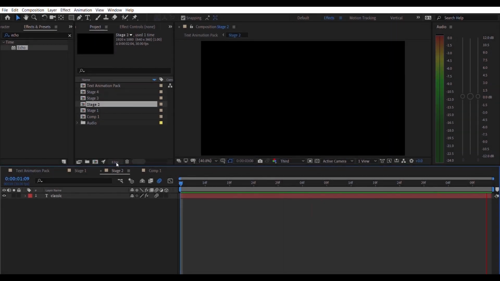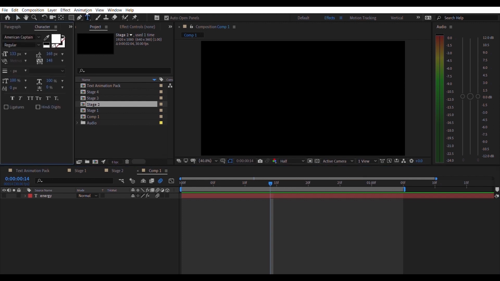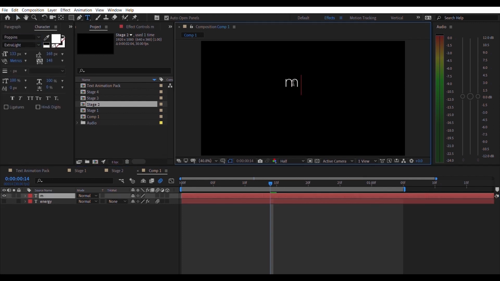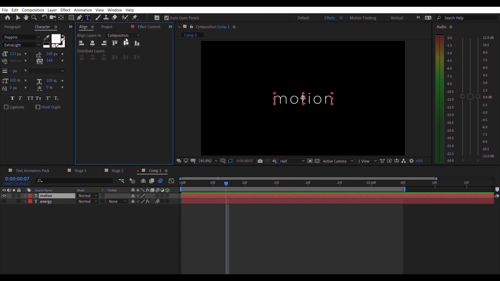Okay, stage 2. I'm gonna go ahead and hide the previous layer, and using the text tool I'm gonna set the font to Poppins extra light, and you can type in whatever text you want. Like the previous one, I'm gonna center my anchor point by clicking Ctrl Alt Home